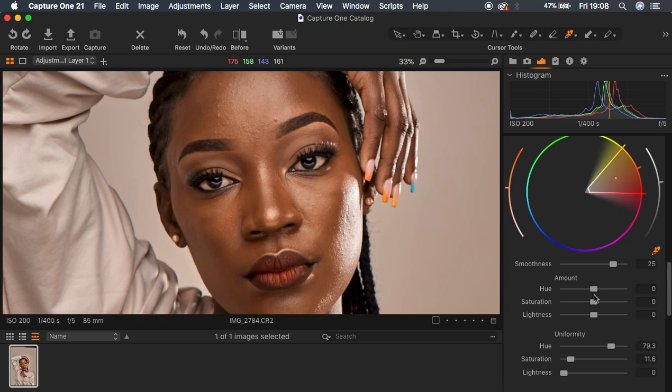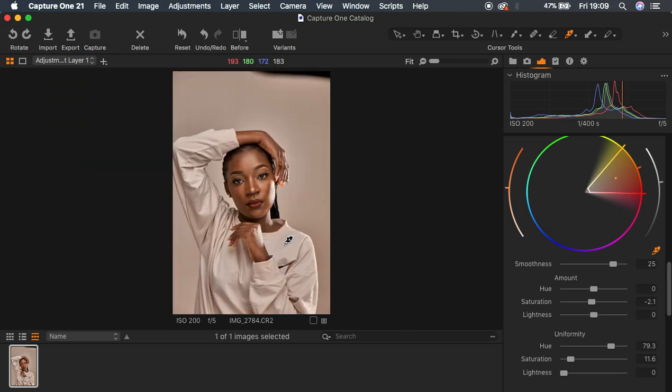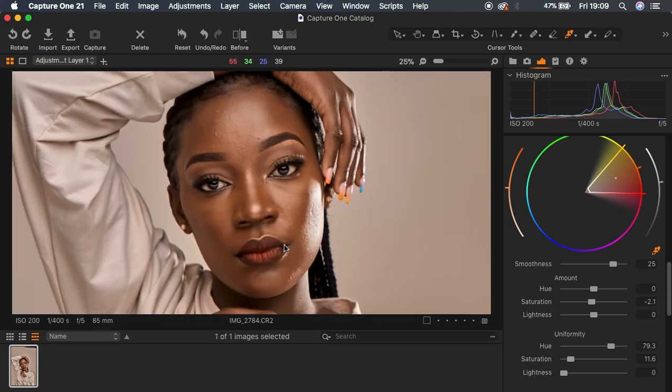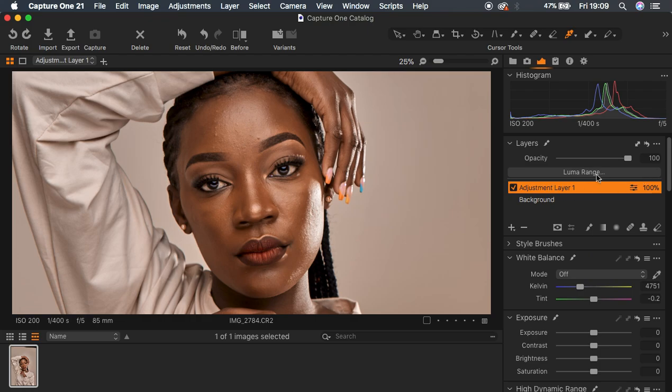And you can come and reduce the saturation just a little bit to around 2.1. Then if you want to erase and get back the original color of the lipstick, remember it has affected the lipstick color and you don't want to mess up the original makeup that was added by the makeup artist. So I'm just going to come up to my layer option and get my eraser tool